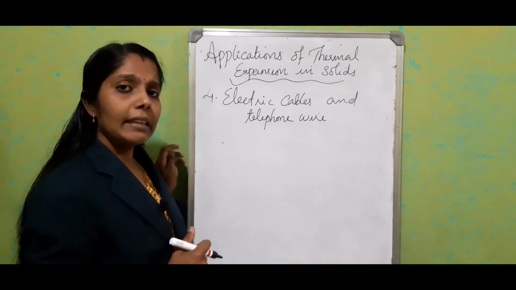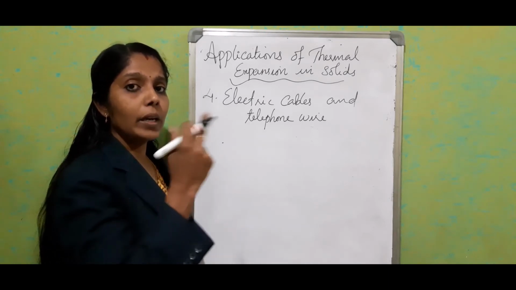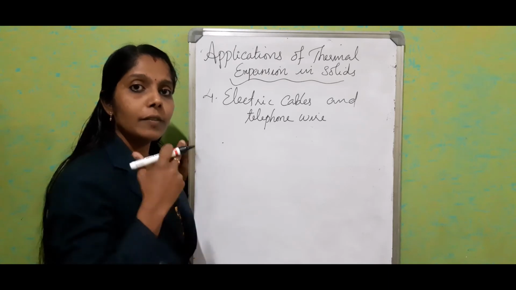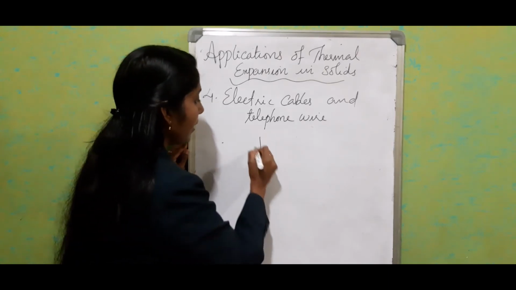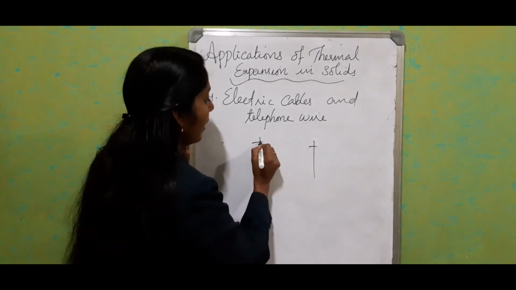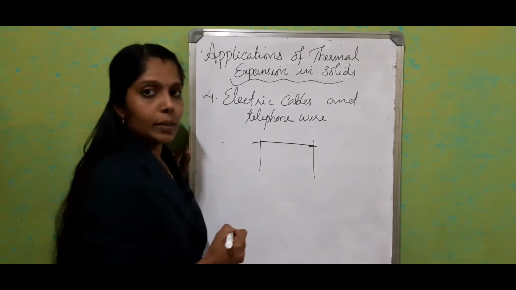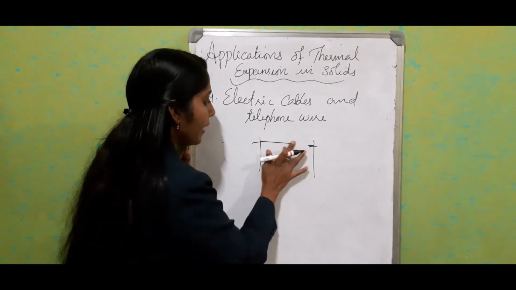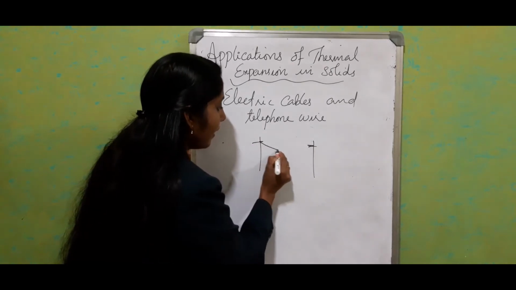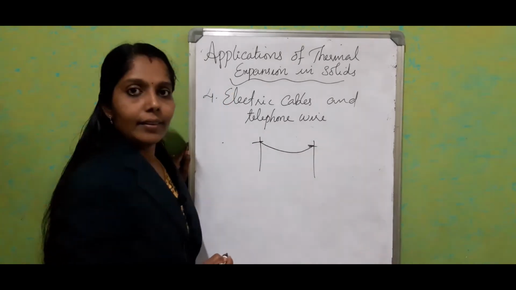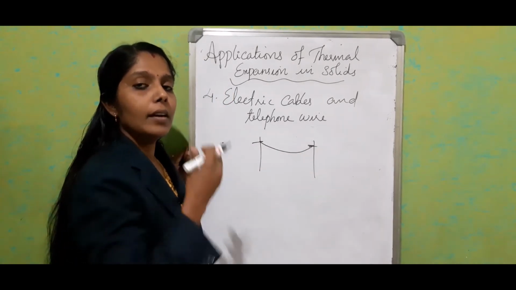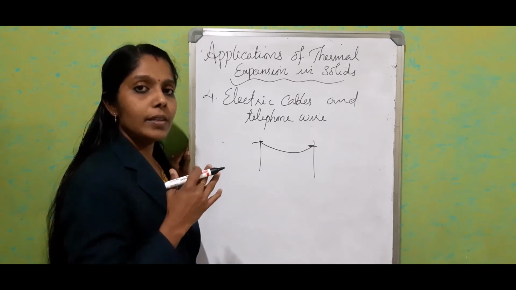Have you ever seen that the electric line between two electric posts is very tight, like this way? Consider this as the one and another one. Have you seen it's exactly like this way? Never. We always see a sagged one, right? Why do we want to keep the cables in a sagged position?